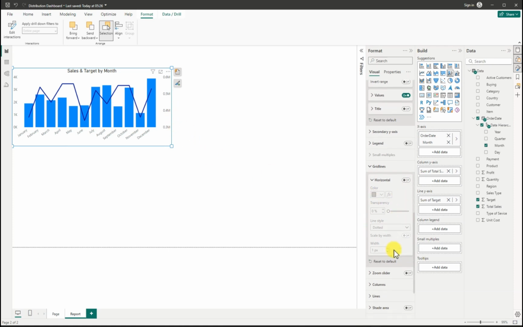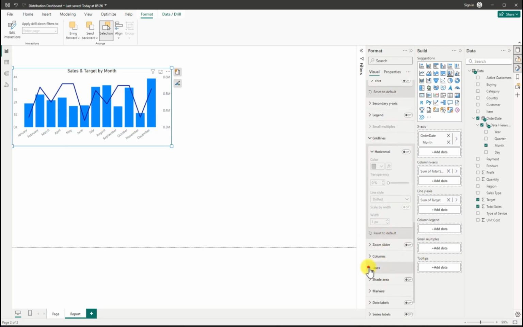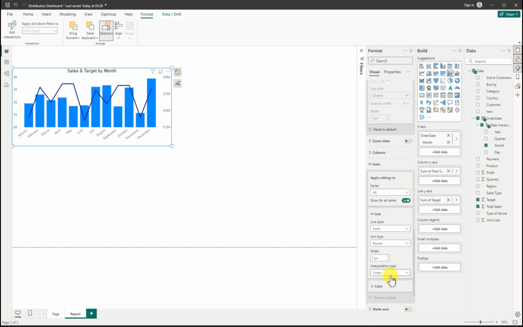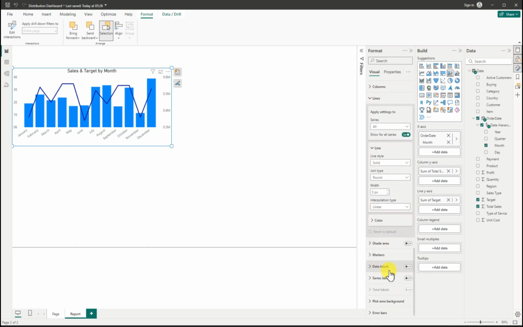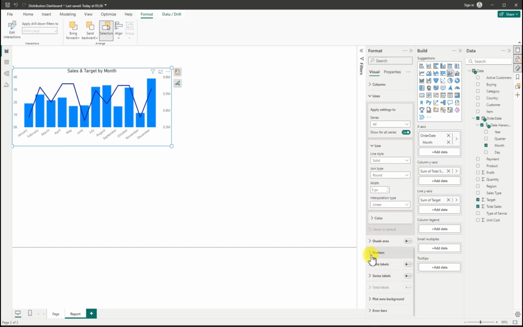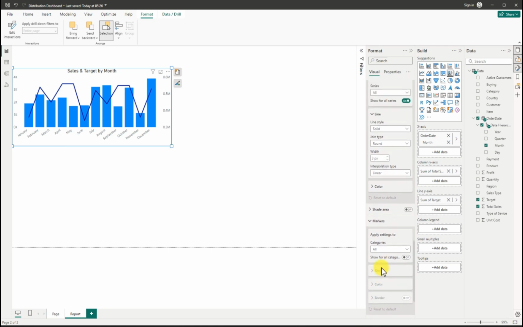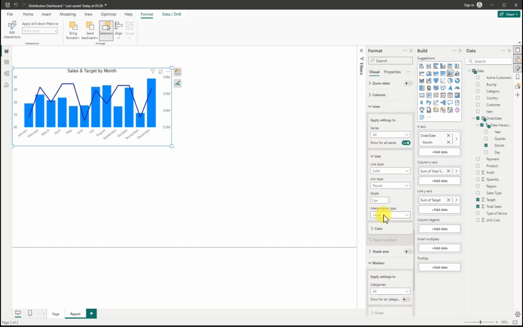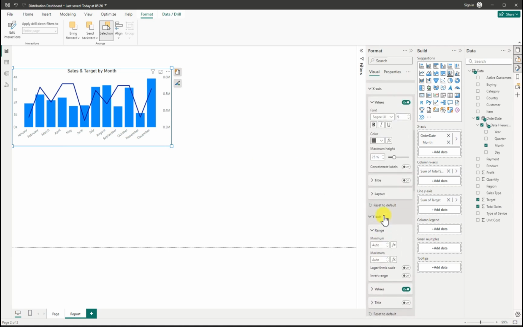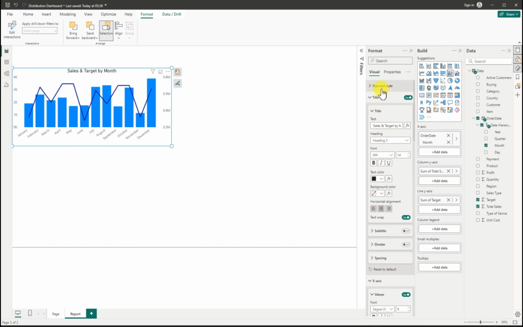So the next thing is we are going to change this color, which is the line color. So let's go to the line axis. This is the line. And let's look for the color. Let's look for the marker. Let's see if we have. Then we are not going to use a data label already. And another thing before we change the line color, we are going back to our, just go straight to